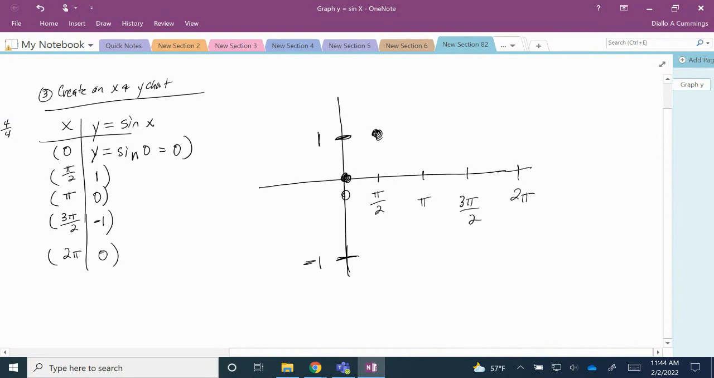Next, we have pi, comma 0. So I'm going to plot the point pi, comma 0. Next, we have 3 pi over 2, comma negative 1. And then we have 2 pi, comma 0. And now if we connect,